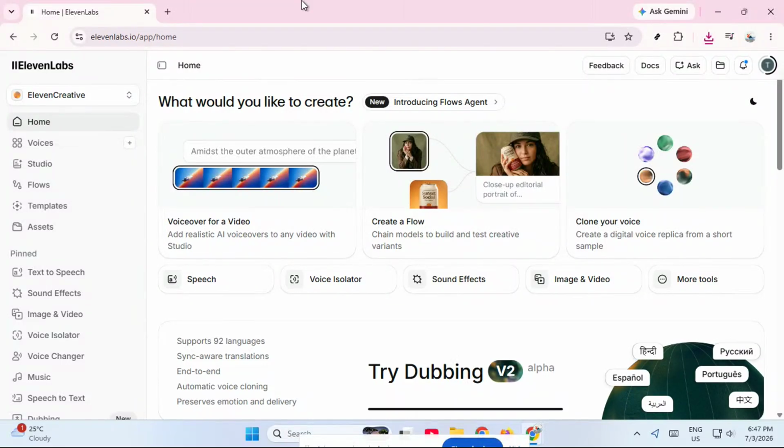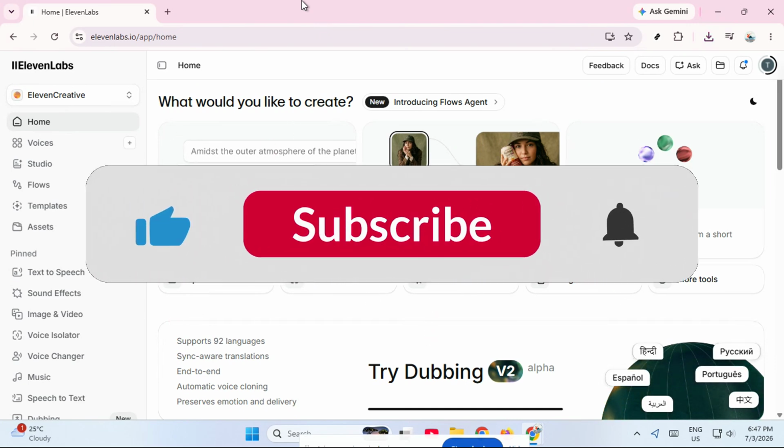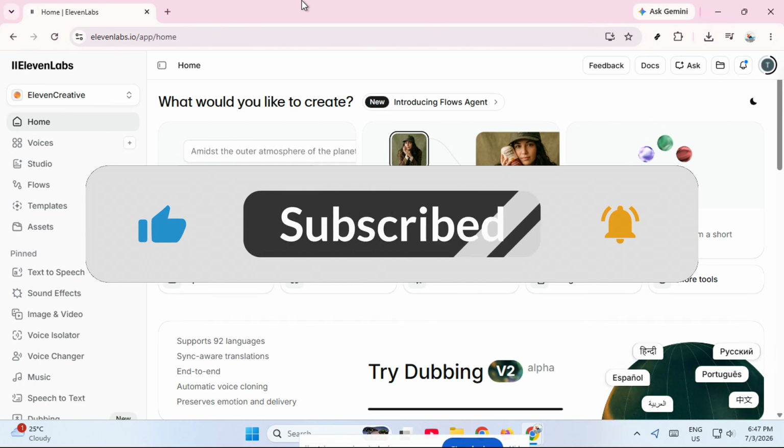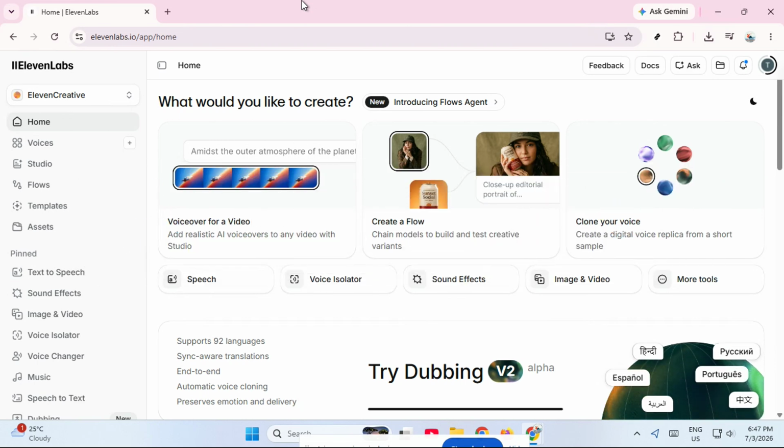In today's video, I'm going to show you how to edit a generated voiceover in ElevenLabs the easy way, step by step, so you can update your script, change the voice, and fine-tune the delivery without starting over from scratch. This is especially useful if you've already generated a voiceover and then realize a line needs rewriting, the pacing feels too fast, or you want a different voice for a specific paragraph. By the end of this tutorial, you'll know exactly how to make those edits quickly and regenerate the audio with